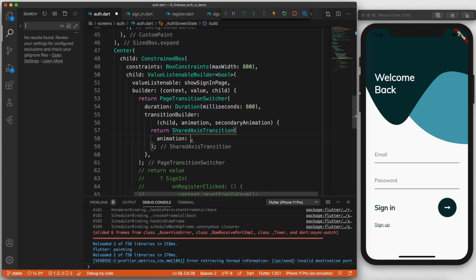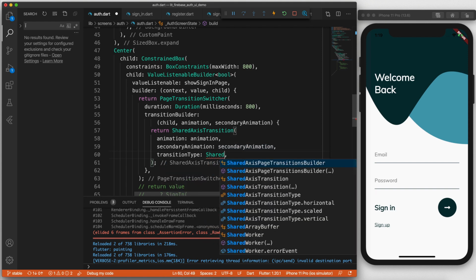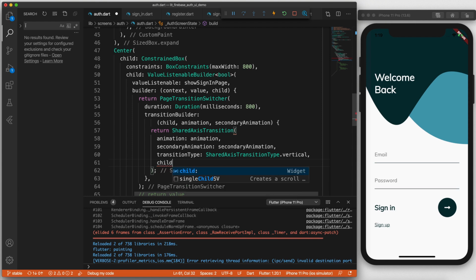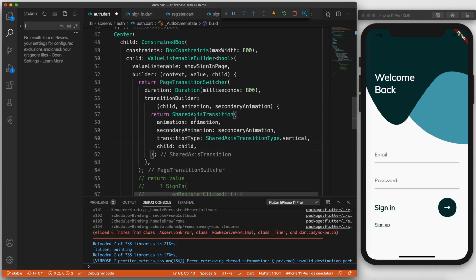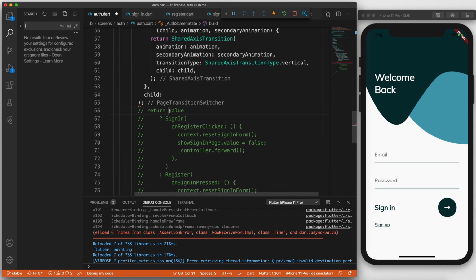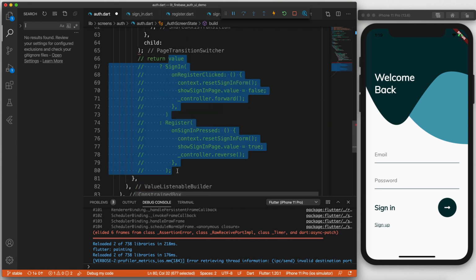But yeah, now we will need to give an animation, and here we will make use of the animation that's provided by this transition builder, and the reverse animation is actually called secondary animation. We will set that to be the secondary animation, and we will set the transition type to be shared axis transition type, and we will set it to be vertical. And then here we will pass in the child, and this child that we get is in the page transition. So we can create a child attribute, and this will be what we had before. So let's just copy this in,